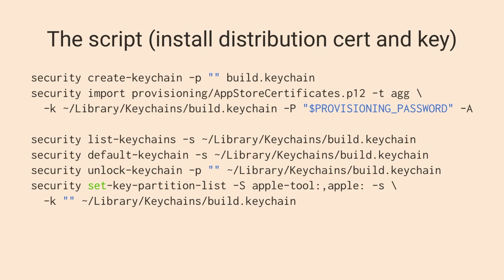Look it up online. I don't know, especially this last command. I copy-pasted it from somewhere. Somebody said this is what you should do. But from what I understand, it takes the system key or the user keychain and attaches another keychain to that, and that attached keychain actually contains your secrets, and it is unlocked with a blank password. That's the -p double quote there that you see. It creates it and it unlocks it.